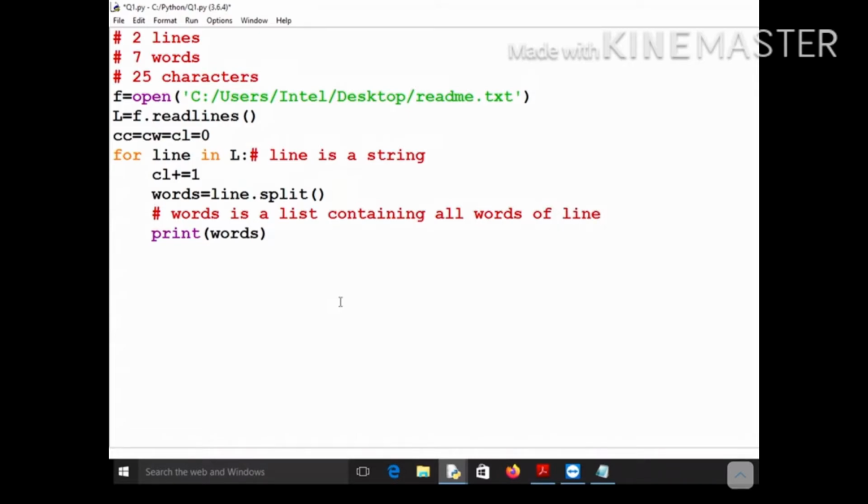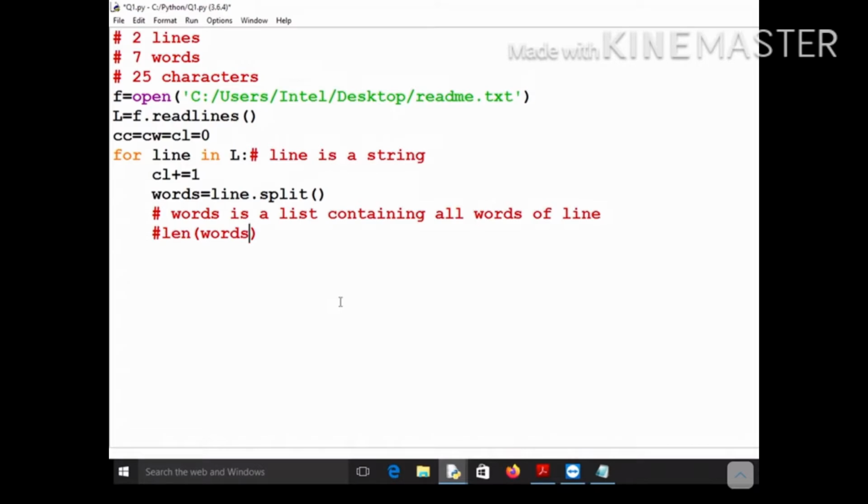Now you know that you have gathered all the words in the form of a list. So if you do len of words, if you find out the length of this list words, won't it give the number of words present in your line? Definitely it will give. I hope you got this concept.